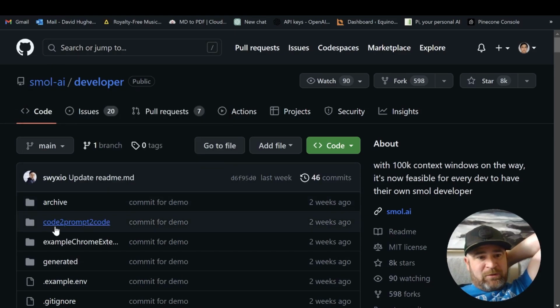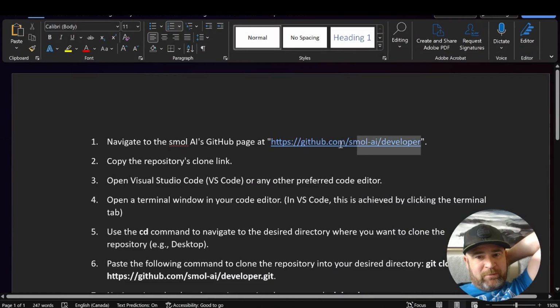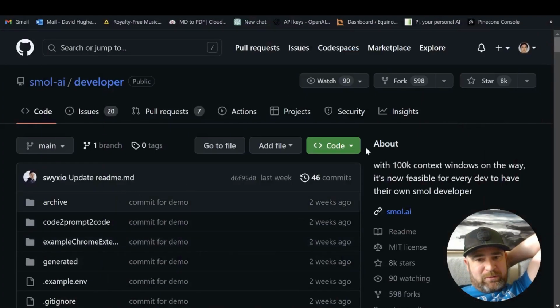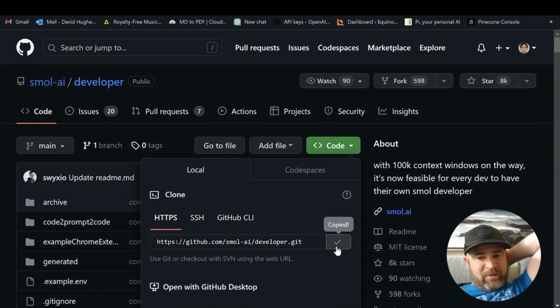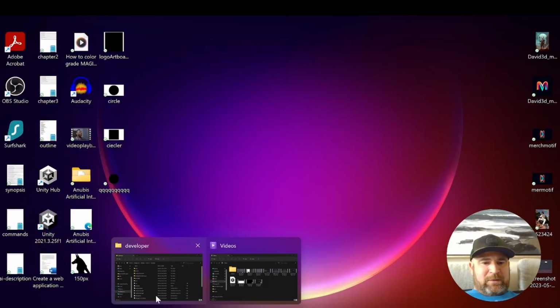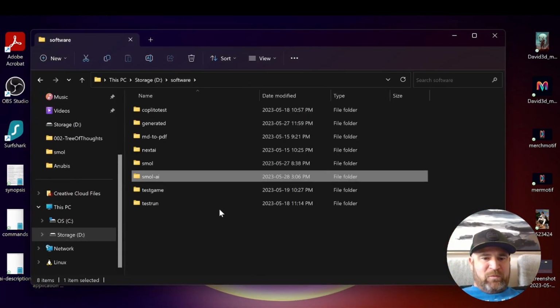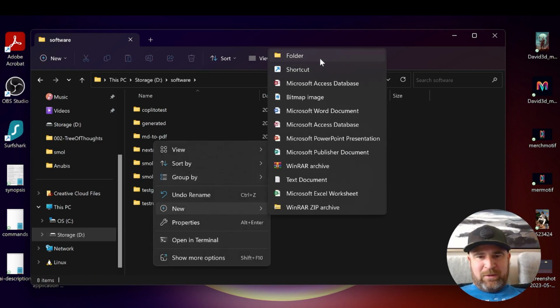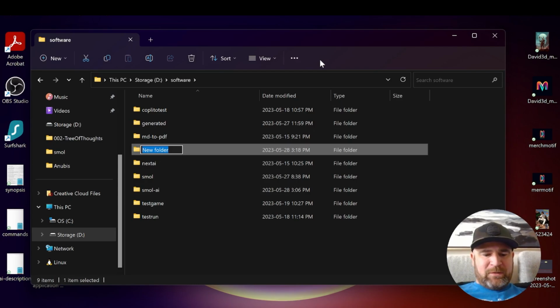So you're going to go to this URL right here, and go to code. Just copy that. Go ahead and create a new folder. If you run Windows, just go wherever you want to create a folder, and let's call it Smol AI